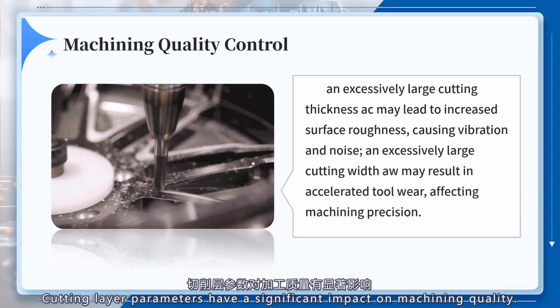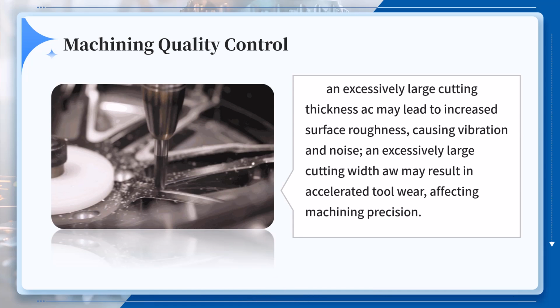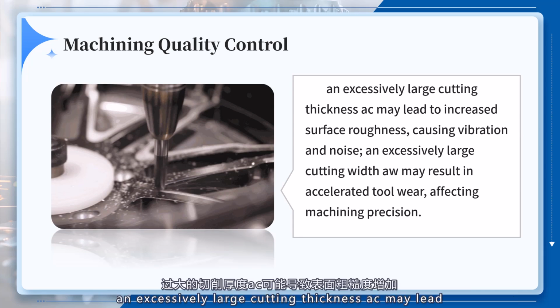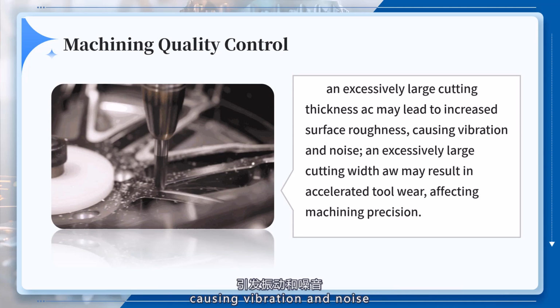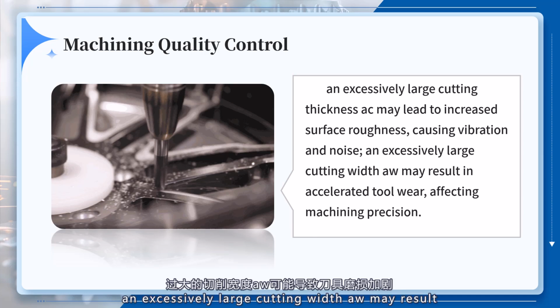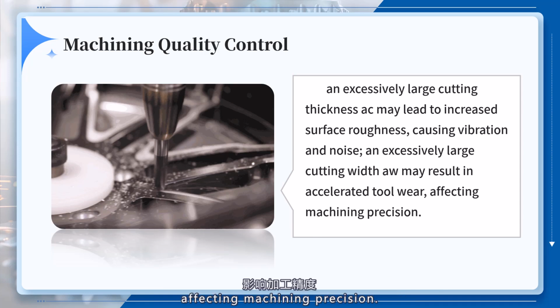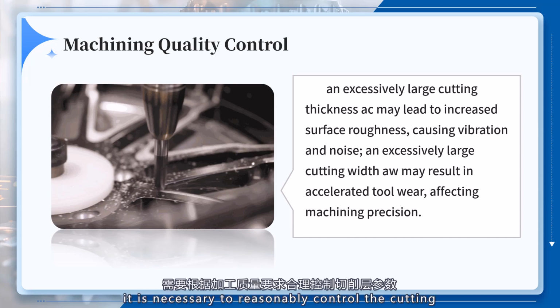Machining quality control. Cutting layer parameters have a significant impact on machining quality. For example, an excessively large cutting thickness AC may lead to increased surface roughness, causing vibration and noise. An excessively large cutting width AW may result in accelerated tool wear, affecting machining precision. Therefore, during the machining process, it is necessary to reasonably control the cutting layer parameters according to the machining quality